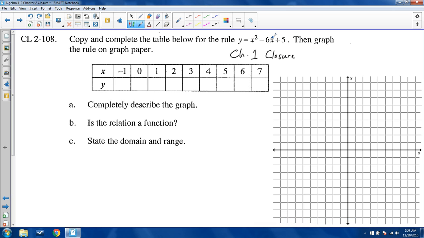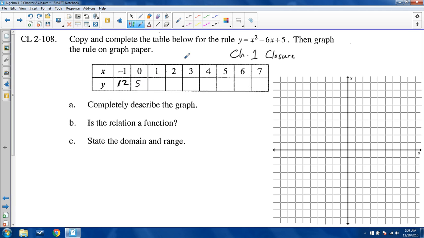-6 times -1 is 6. 1 plus 6 is 7. 7 plus 5 is 12. When x equals -1, y equals 12. When x equals 0, 0 squared is 0. -6 times 0 is 0. 0 plus 0 is 0. 0 plus 5 is 5. So this point is